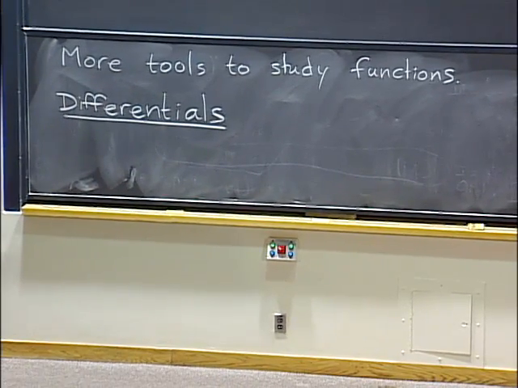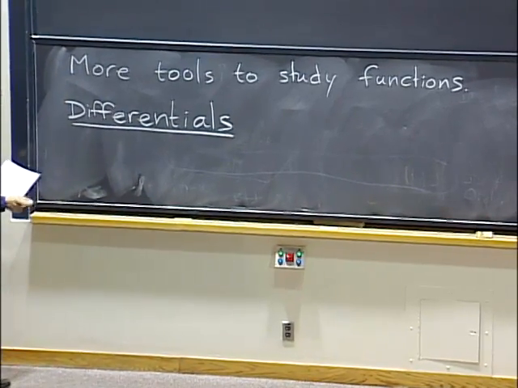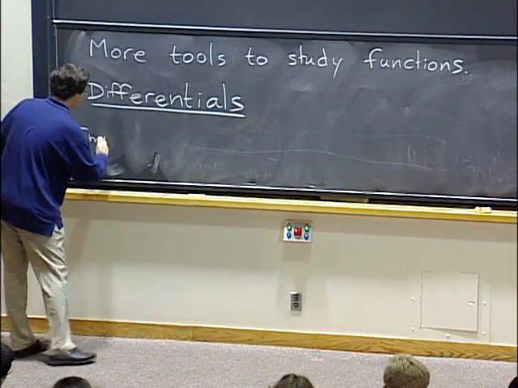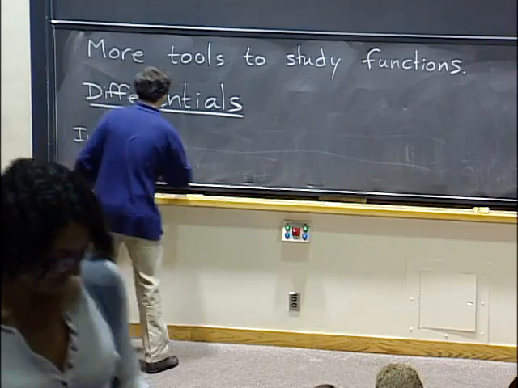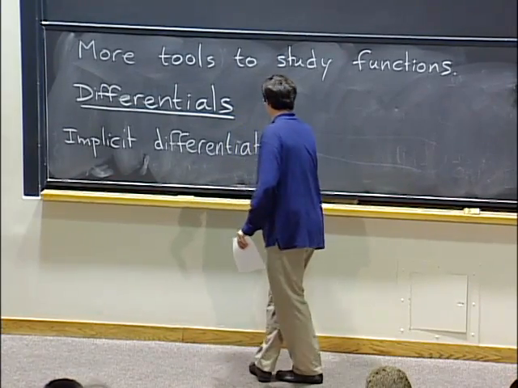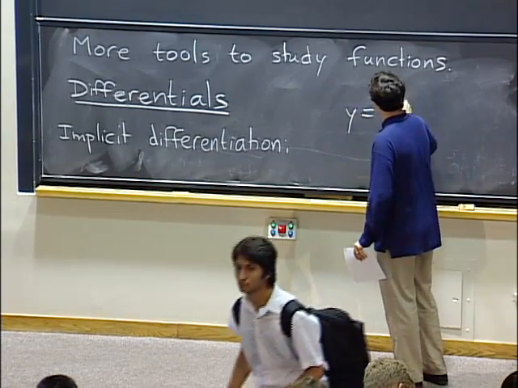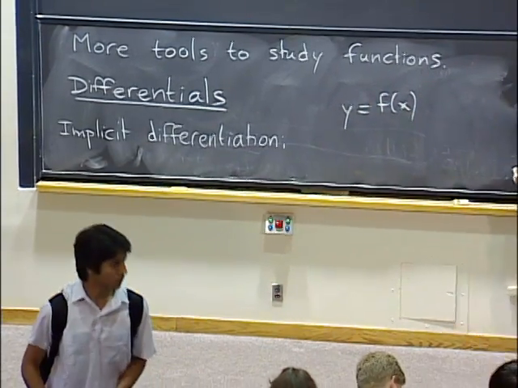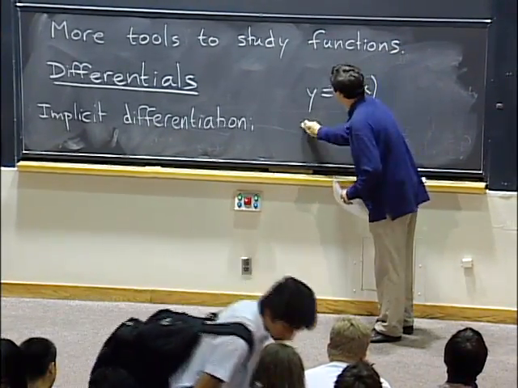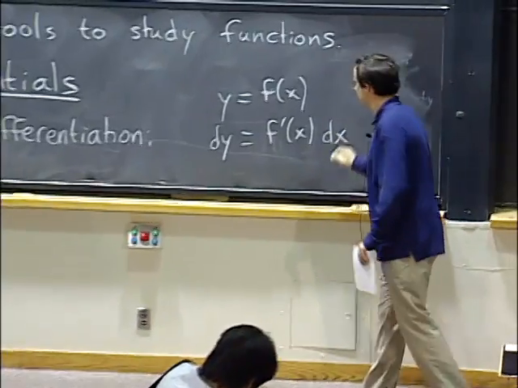And just to motivate that, let me remind you about one trick that you probably know from single variable calculus, namely implicit differentiation. So let's say that you have a function y equals f of x, then you would sometimes write dy equals f prime of x times dx, and then maybe you would,